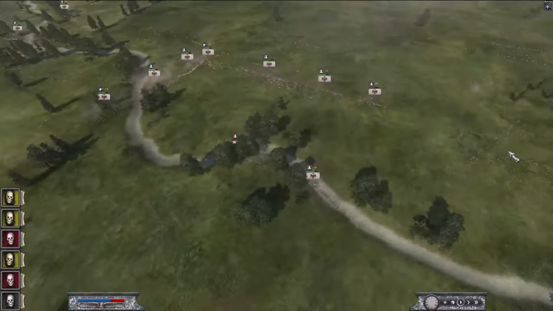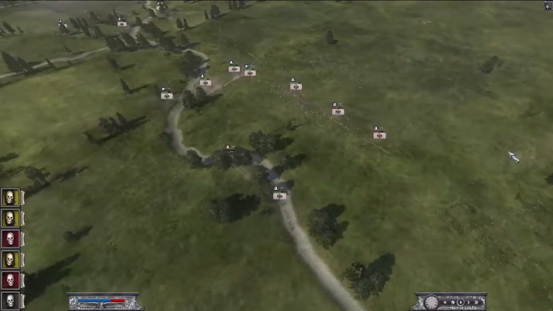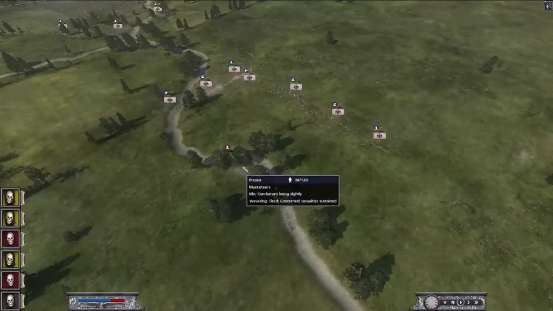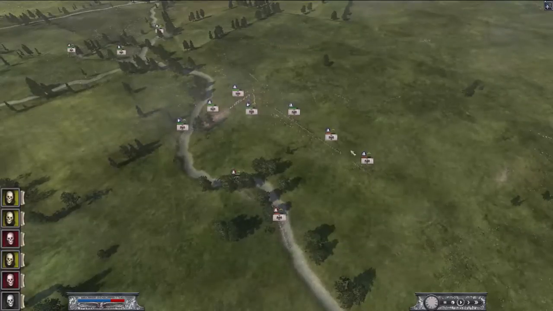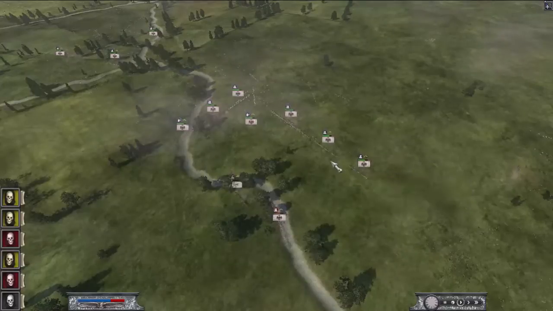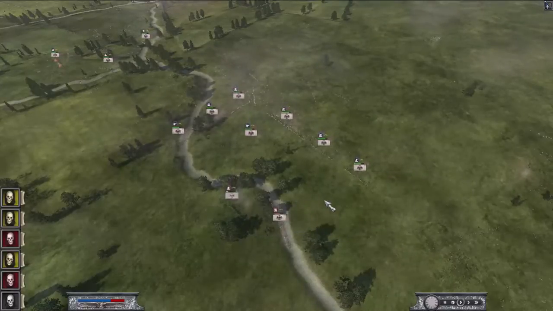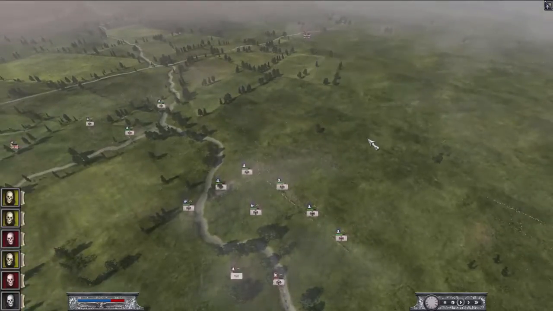So here we have the 2 remaining KGL units, but he's surrounded. He got musketeers and foot guards, but though he's winning the fight over here, because these guys are losing morale. I'm not sure if this guy has any ammunition. He's gonna break because he doesn't have general and he's outnumbered. So, oh, by the way, Szymanowski,